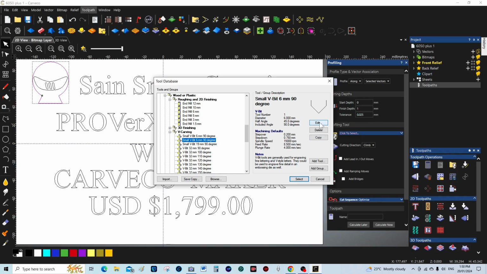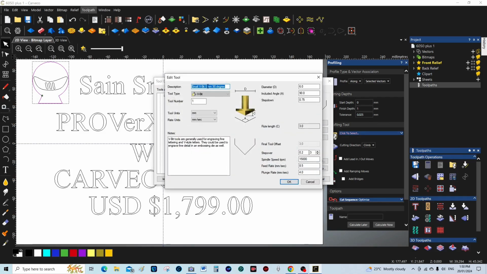we will edit that copy, and we'll go in here and put 12.7. Now 12.7mm is exactly half an inch. So that's half an inch in metric. There's 25.4mm to an inch. Okay, diameter 12.7,